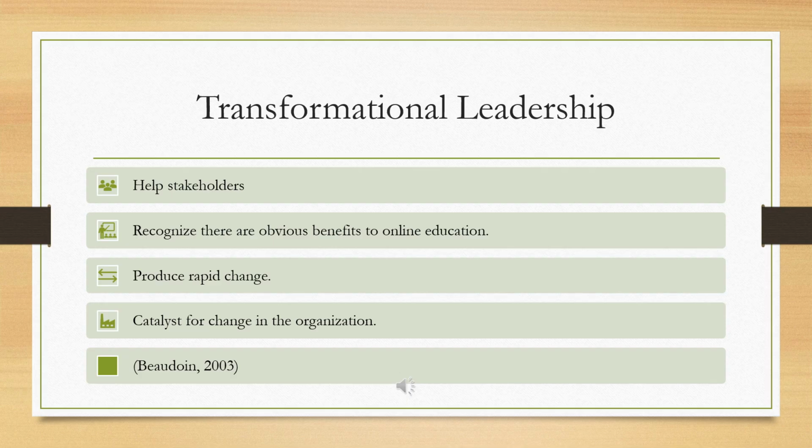Transformational leaders in education must be capable of helping its stakeholders recognize that there are obvious benefits in doing business in new ways and that they can no longer afford the luxury of adopting new ways of teaching and learning in a slow, incremental fashion to which academics are so accustomed and comfortable. Leaders must create conditions conducive to change, which involves creating energy, initiative, and innovation in their particular organization and bring others along, both above and below them, in the organizational hierarchy.